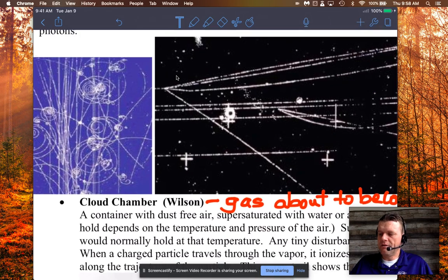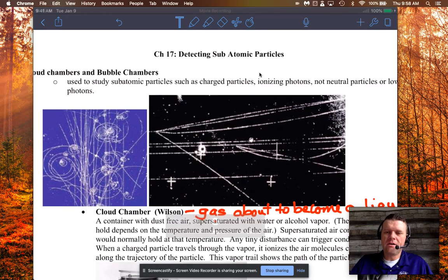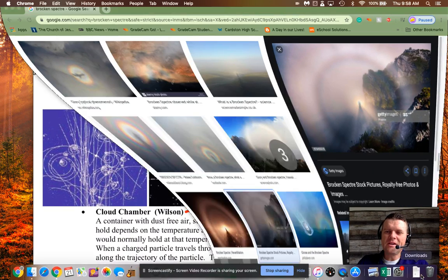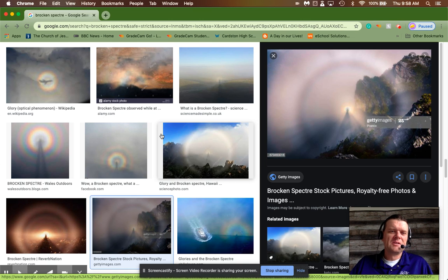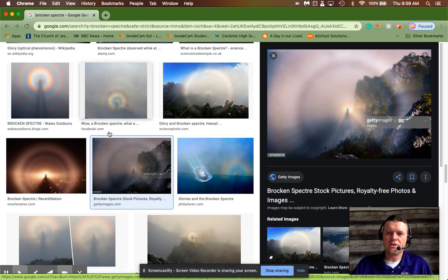You see his name listed down here, Wilson. And he was inspired actually by studying clouds. I'm just going to show you this here. This is a phenomenon called the Brocken spectre, and it's German. Brocken is actually a mountain in Germany that was quite famous because lots of fog would roll into that area, and the fog would be below the mountain. So if you hiked up the mountain, you could see the fog below you, and when the sun gets behind you, it casts your shadow onto clouds, and that's what all of these pictures are kind of showing.